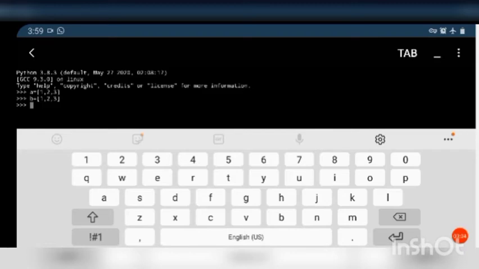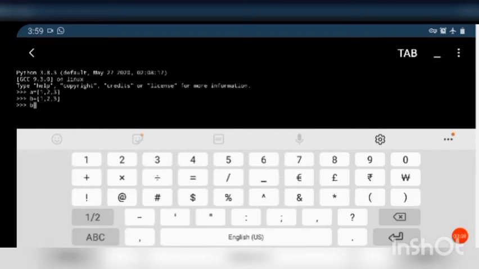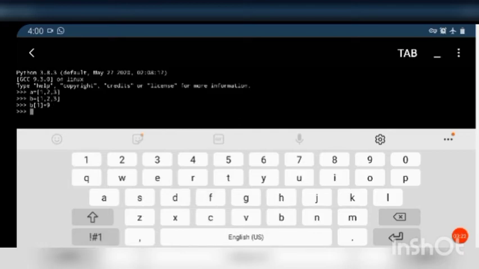Now again if I change the content of B, B of 1 is equal to 9, and print B, you can see B is changed to 1, 9, 3. 2 is replaced by 9.